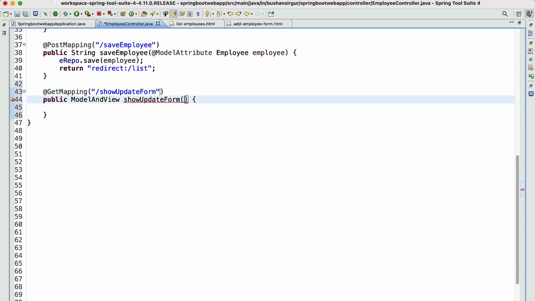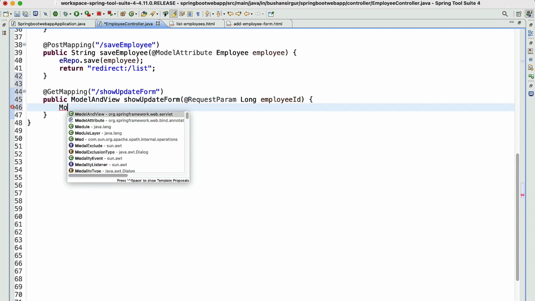We need to receive the employee ID using the request param, @RequestParam. The employee ID will be of number type, so let's point it to the variable employeeId, which is of type long.